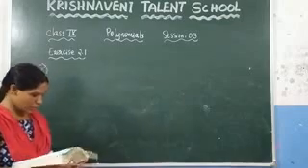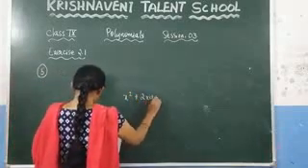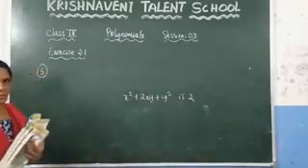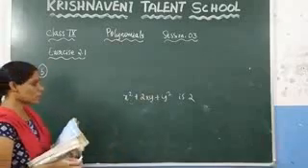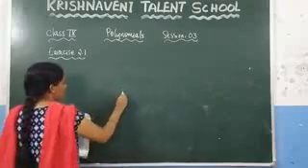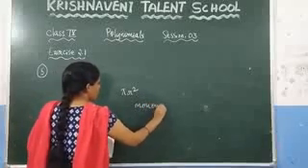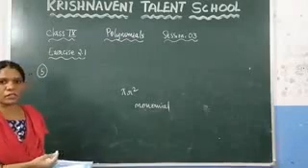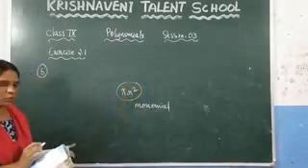And the next question they have given, the degree of x square plus 2xy plus y square. This degree they have given is 2. Is this statement true? Yes. Because here what is the highest power, which is 2. So we can say that the degree of the polynomial is 2. Now the last question they have given, pi r square is a monomial. What is meant by the monomial? If a polynomial contains only one term, we call it as a monomial. So, since it contains only one term, we can say that it is a monomial.